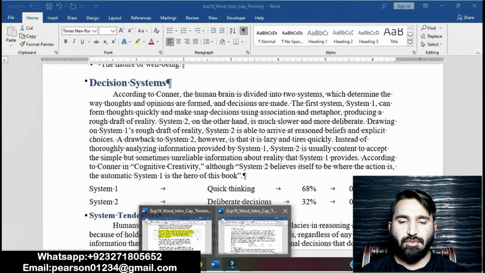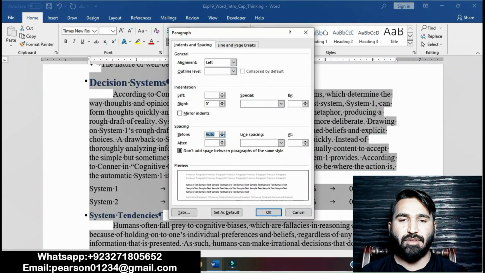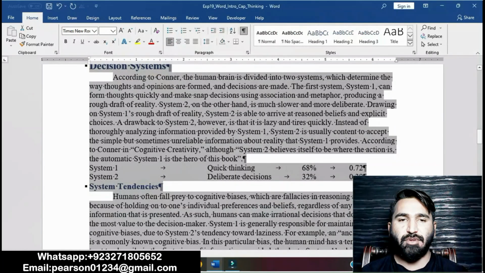Moving on to the Word file and then select all text in the document. Then adjust paragraph spacing before and after to 0 pt. Go to paragraph, then 0 pt before and after. Then press OK.